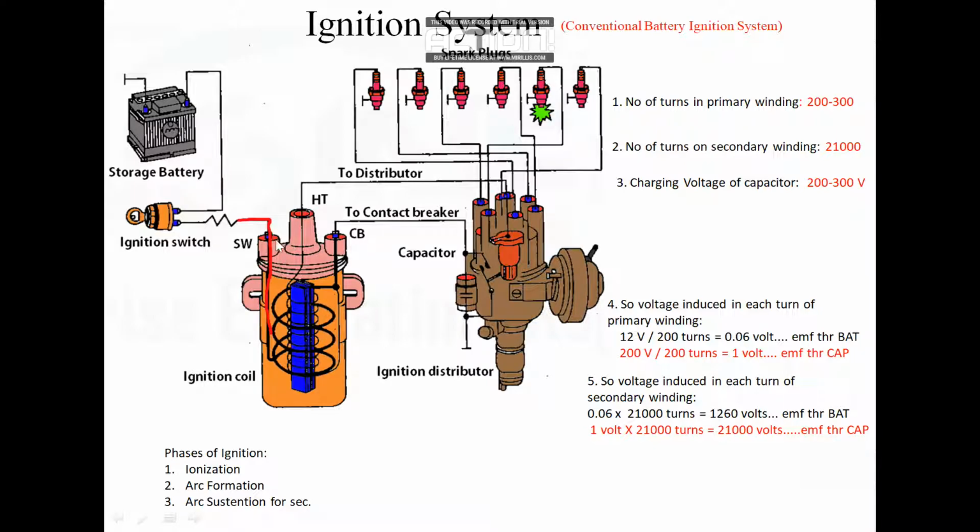the ignition coil. We know that whenever current passes through any coil or any conductor, it starts to heat up, and whenever heat increases, it starts reducing its conductivity. Conductivity reduction means its resistance is supposed to increase. So to maintain its resistance and to maintain its heat, okay, we have this entire shell filled with oil.